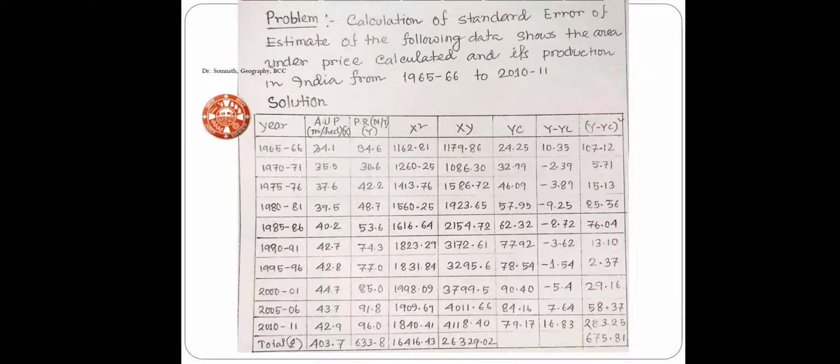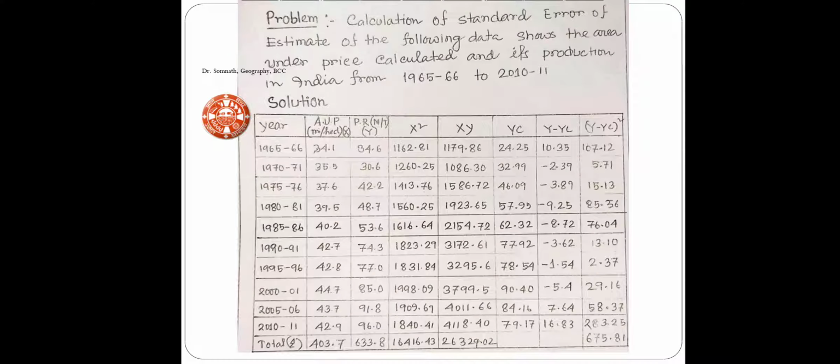To derive the standard error of estimate, we need to calculate further from column 4 to column 8: x square, xy, yc, y minus yc, and (y minus yc) whole square respectively. At the bottom we can see the sum of all the data derived here, and the summation (y minus yc) whole square is